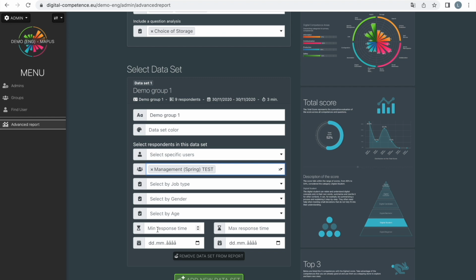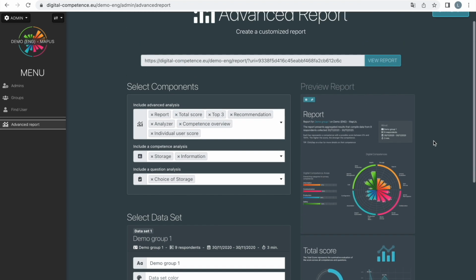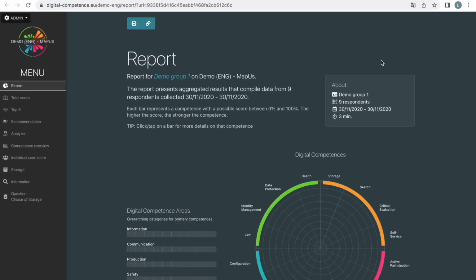Here you have minimum, maximum response time. You can also filter it by dates. Yeah, whatever you want. It's very important to remember that your report is dynamic, which means that when we press here, view report,